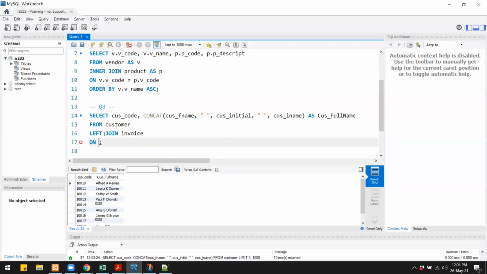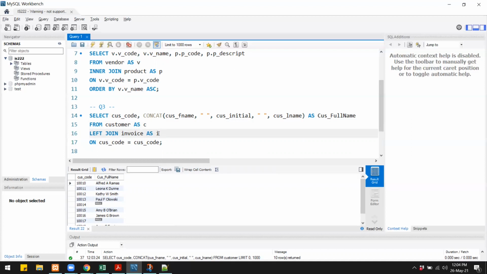So we will say on customer code equals customer code. Now once again, there are two customer codes, so the database engine doesn't know which one belongs to which. So we need to tell it that one of them belongs to the customer table and the other from the invoice. So again, we'll give this an alias, customer as C and invoice as I.